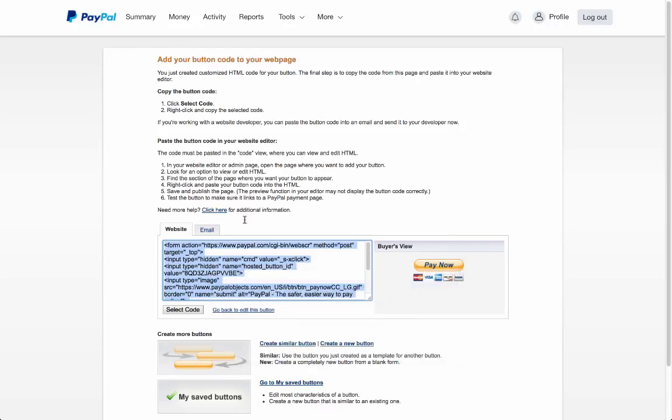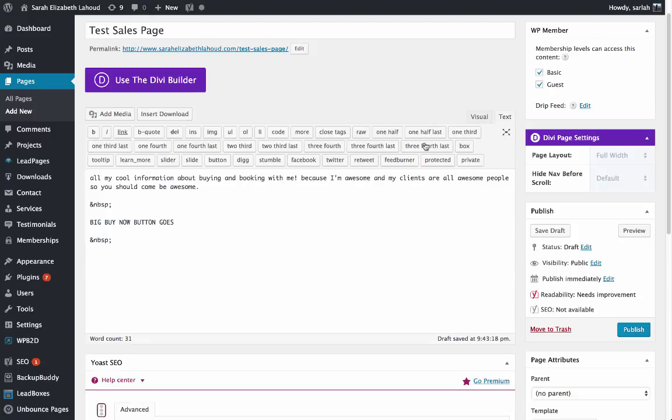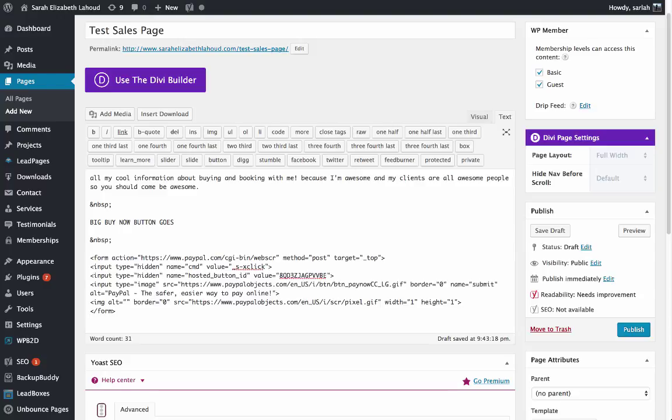If I simply copy this code and I go back to my sales page and I go to where it says text, because when we're working in code, you can never put the code here. You need to put it in text. There are all sorts of complicated reasons as to why that is. If you've seen some of my other videos, you'll know what they are. But basically, it's because this visual is pretend, that's what humans see, and the text is what the computer sees, sort of. So you paste that code there, and when you go to visual,